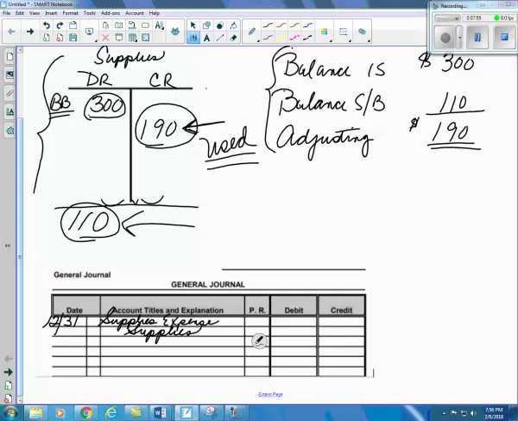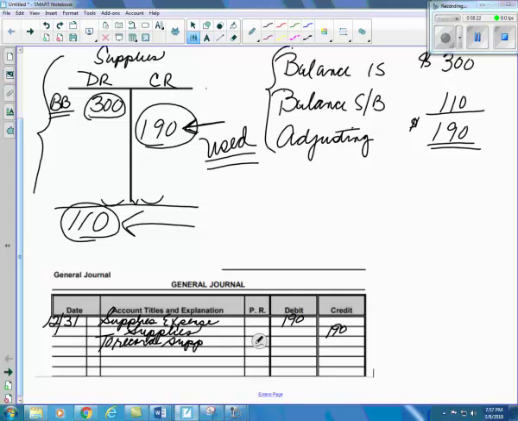If we debit our supplies expense, what effect does that have on expense? Well, what we know is it makes owner's equity go down, and we make owner's equity go down with a debit. So we're going to record that supplies expense with the debit. So we're going to debit supplies expense by 190 and credit our supplies asset by 190, making it go down. And our description will be to record